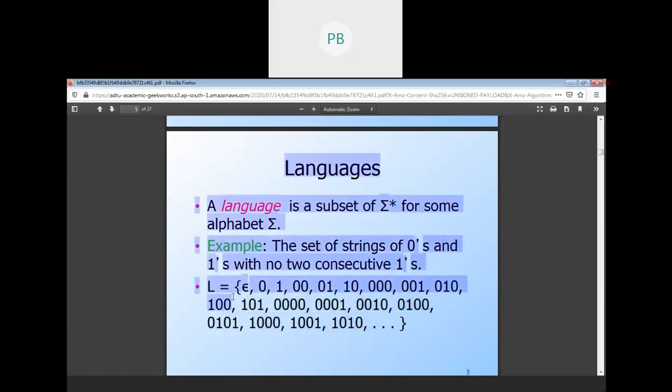This set of strings is known as a language of this particular category. Are you able to understand?